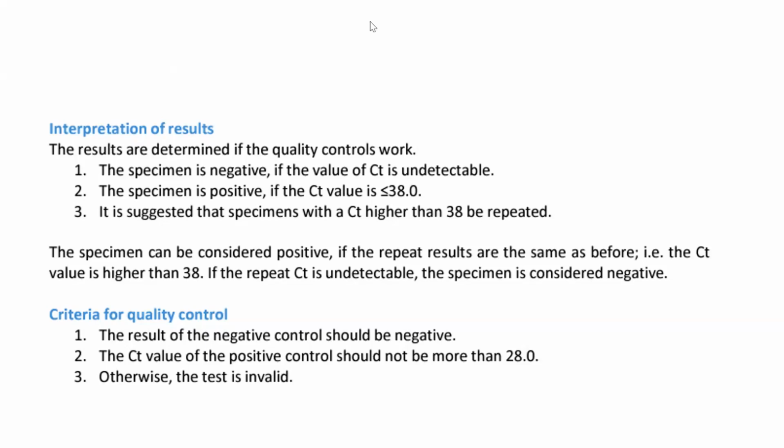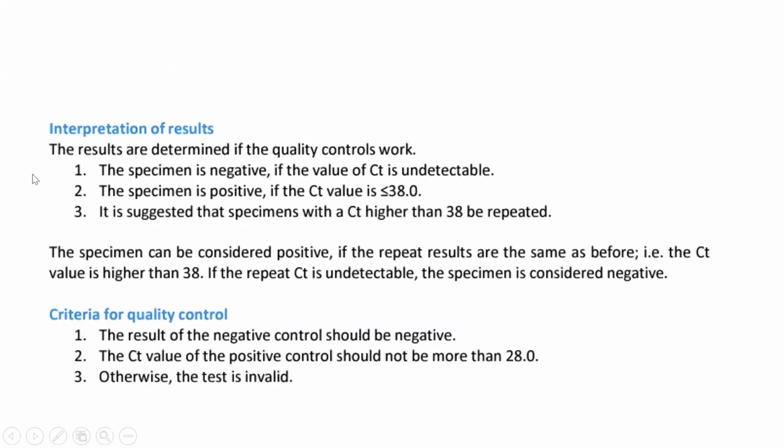The criteria for quality control, I already talked about them, but the result of the negative control should be negative. It's a PCR, there is no exception. You need to know that it is. And the CT value of the positive control should not be more than